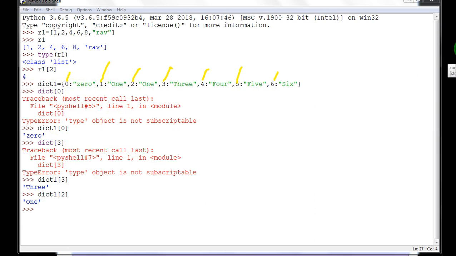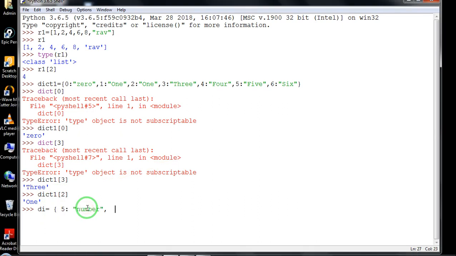Let's create one more dictionary over here. I'm creating a dictionary called DI. This 5 is a key and this number is a value. I can also take a string value, like A is a string value. I can write a string or a character over here. As I've already told you, this is a tuple.